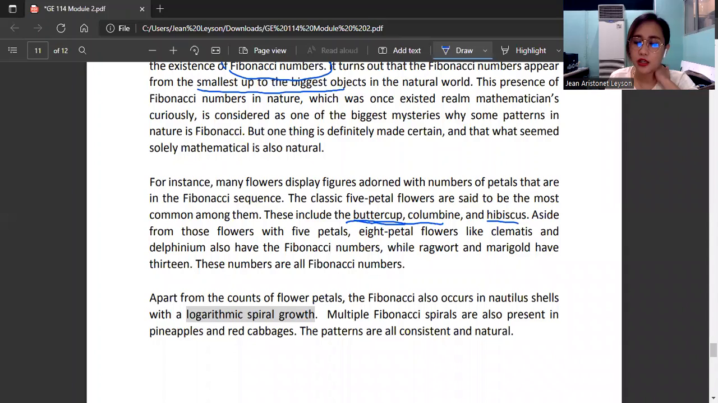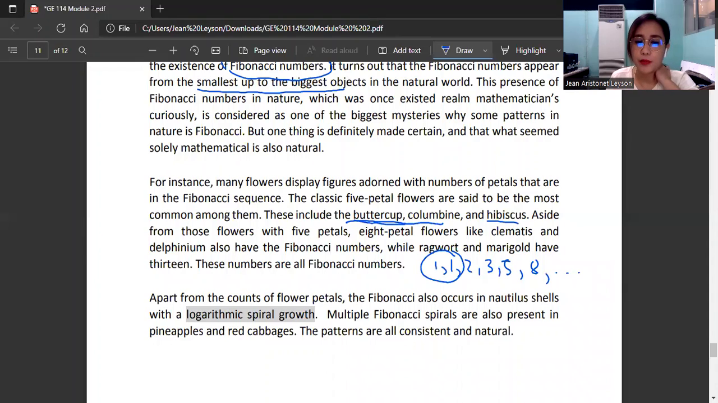So Fibonacci has a pattern of 1, 1, 2, 3, 5, 8, and so on. We get the Fibonacci sequence by simply adding the two previous numbers. So 1 and 1, that's 2; 1 and 2, that's 3; 2 and 3, that's 5; 5 and 3, that's